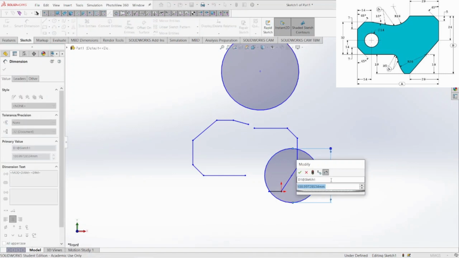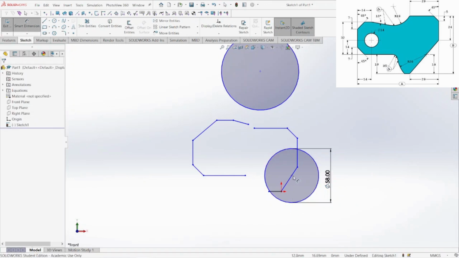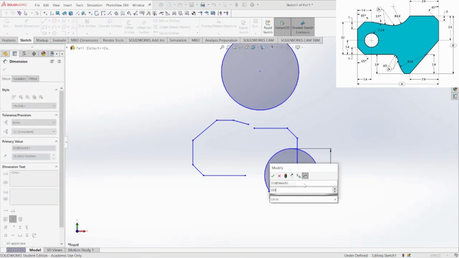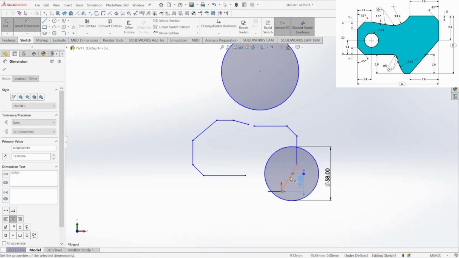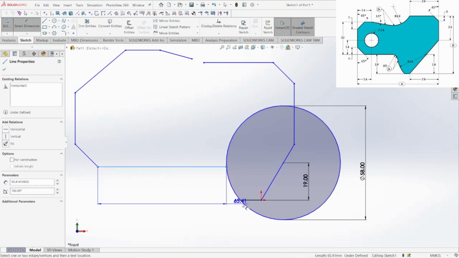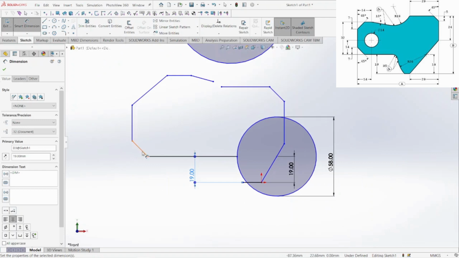This is 58 diameter, and then for the center is 19 millimeter from the horizontal line here, and then I will extend this line and put the dimension from here to here about 19 millimeter as well, and this line is about 7 in horizontal direction and also 7 in vertical direction,